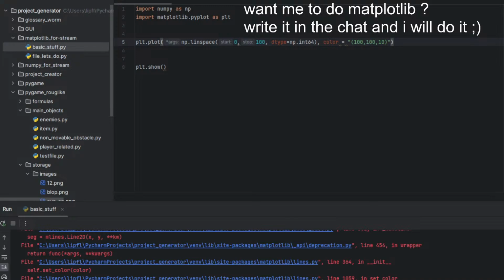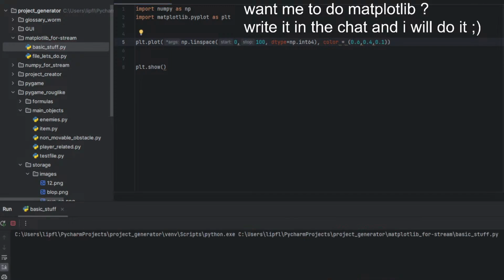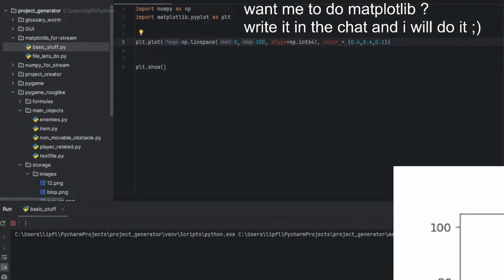Matplotlib. Okay, as a tuple. So yeah, of course as a tuple, but he wants 0.1, 0.3, 0.4, 0.6. He wanted in this format. Yeah, now we get kind of this format.